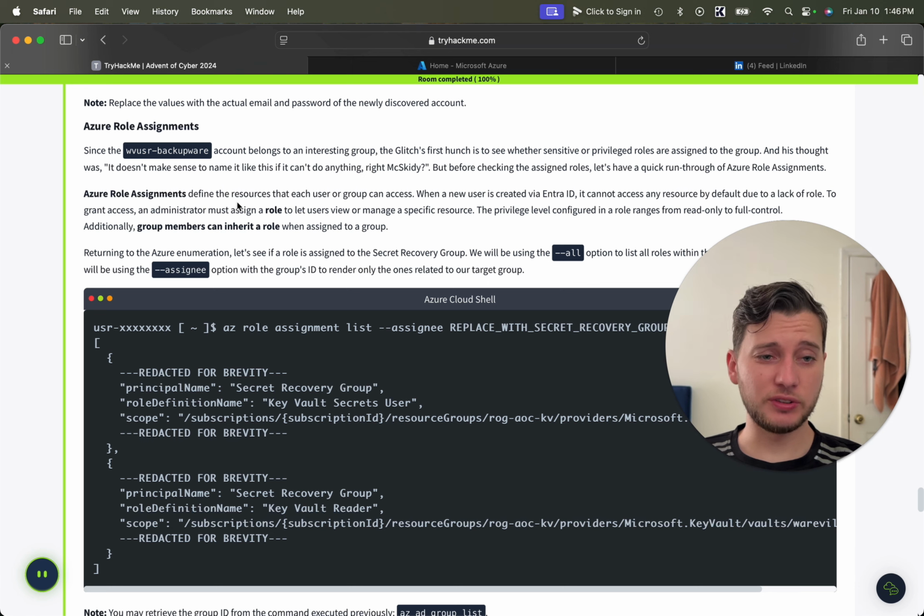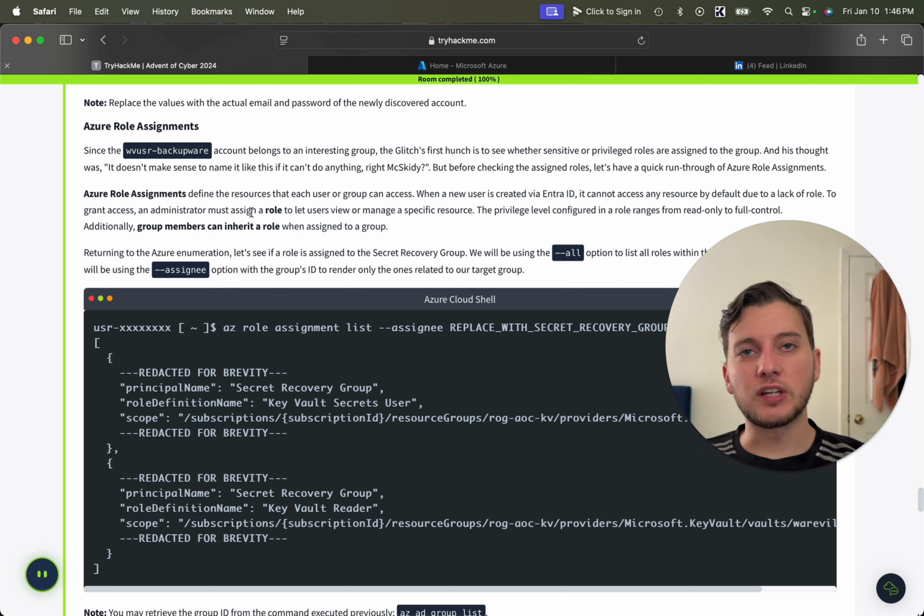There's a couple different ways you can assign roles in Azure. One of them is directly assigning them to the user. Another way is through inheritance by being in a certain group. And then there's predefined roles inside Azure, or you can actually create custom roles with customized permissions and access. What it's saying here is we're checking to see what kind of permissions and what role this user has been assigned in the tenant,